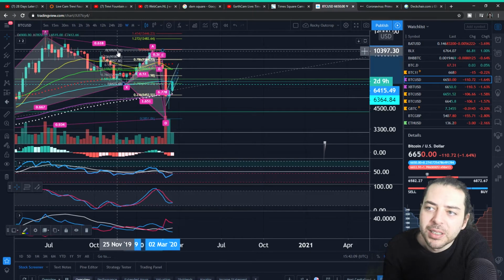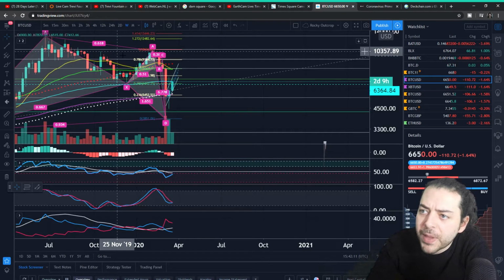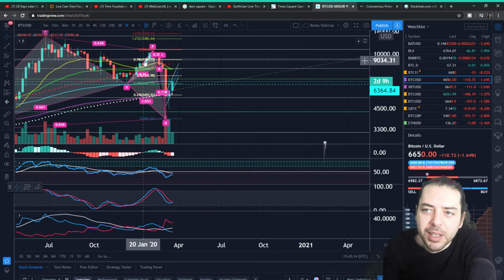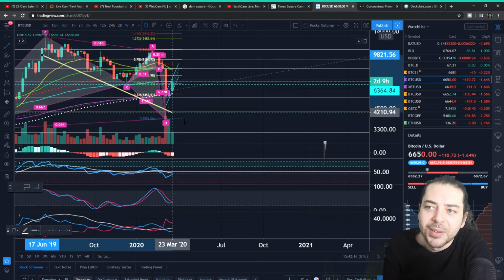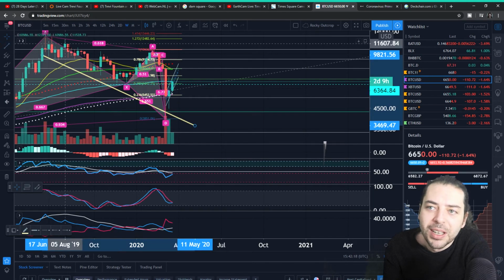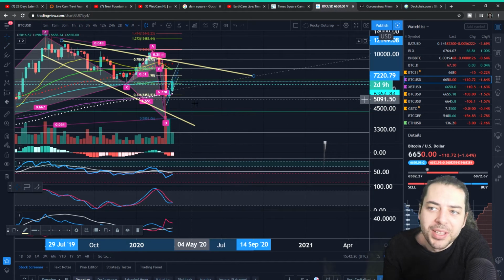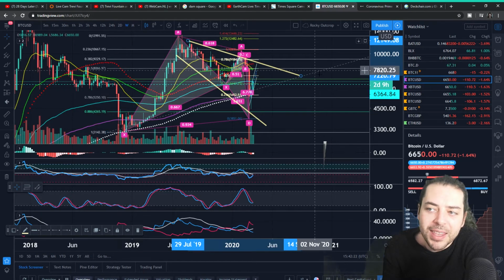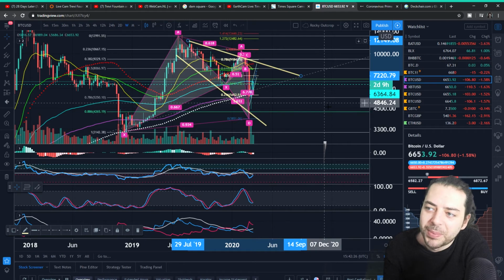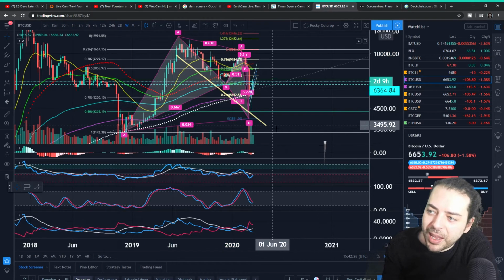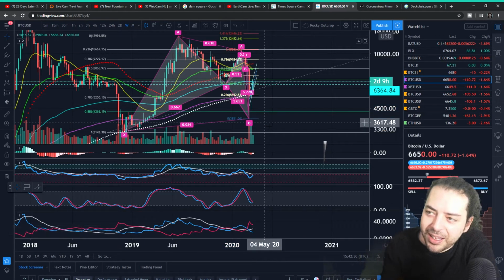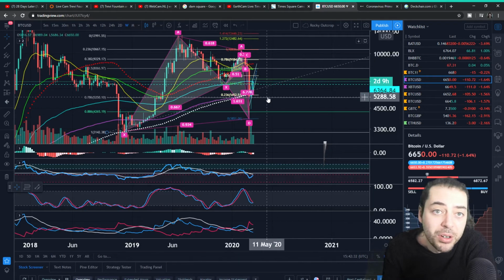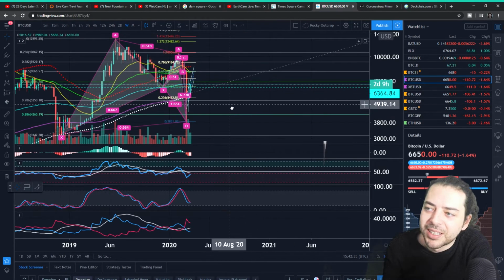This particular Fibonacci that's in here, can I get rid of that? Yeah, excellent. Well, that's a little bit less noise, but essentially we're in this really horrible descending broadening wedge, you could say, if you wanted to, on the weekly, and that maybe that's going to then continue on for this upward trend pattern, maybe. But we're in a downtrend on the weekly, essentially, is what I'm talking about.